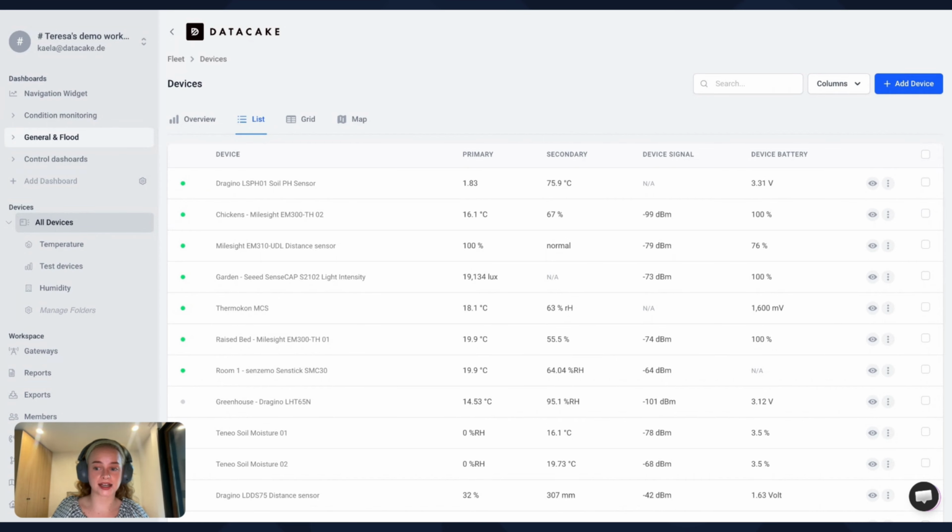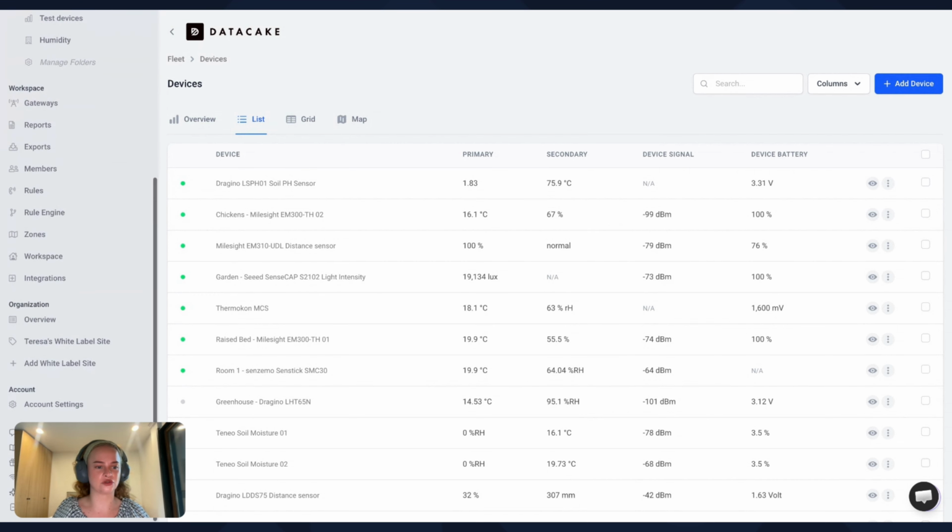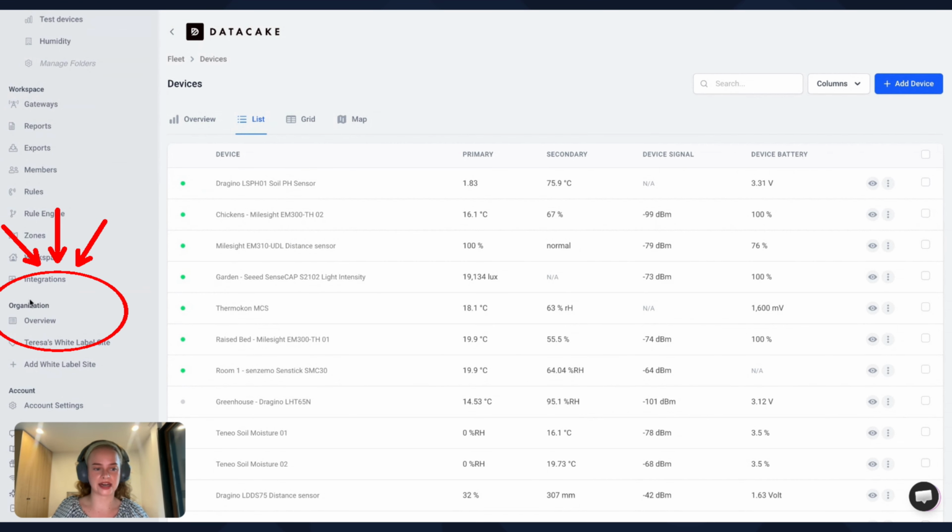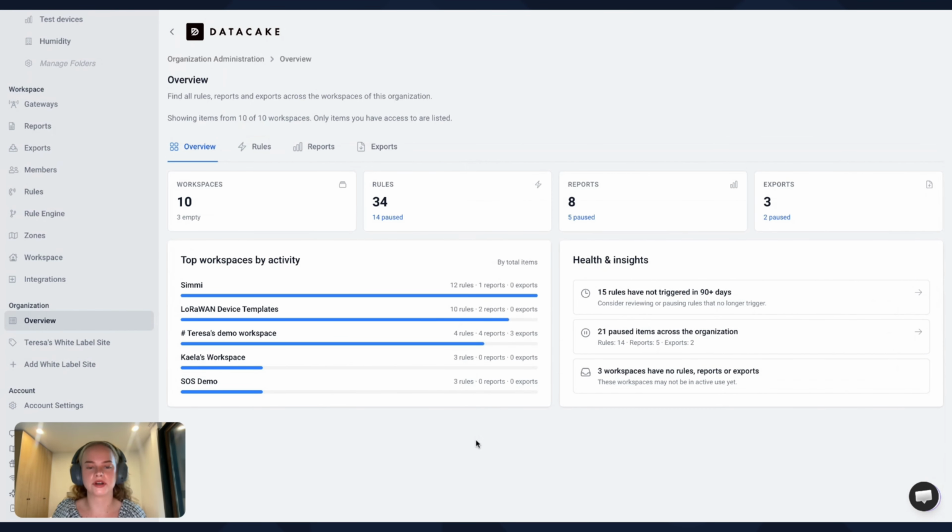So in order to access the organization overview, you're going to want to look on your left-hand Datacake sidebar and scroll to the bottom. Under Organization, you're going to see a new tab called Overview. It's important to note that you must be an organization administrator with the appropriate permissions in order to access this tab. So if you don't see the organization menu, you should probably contact your organization owner or administrator to make